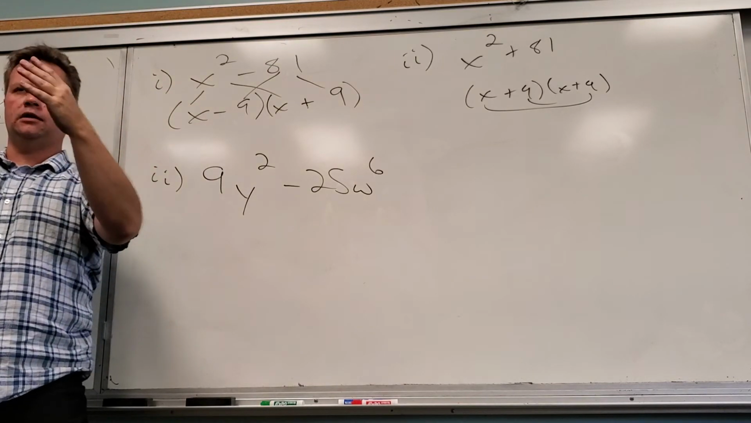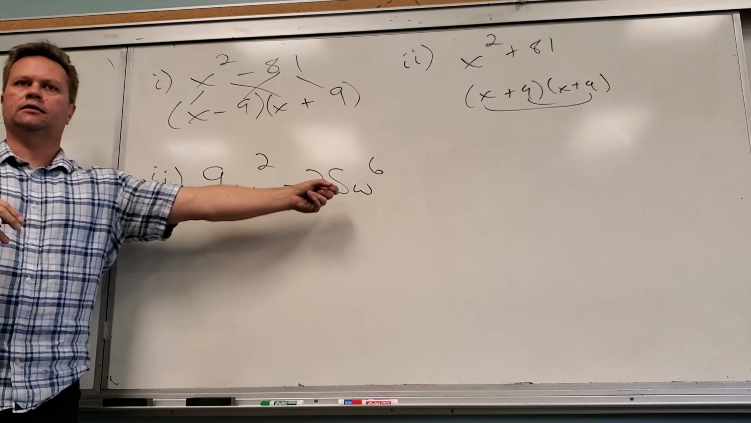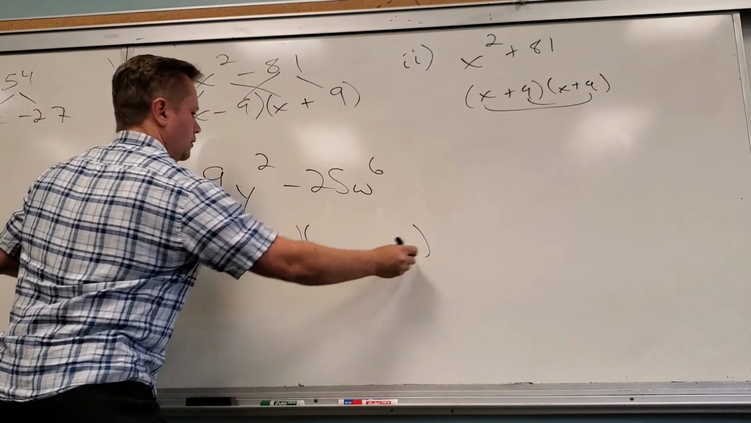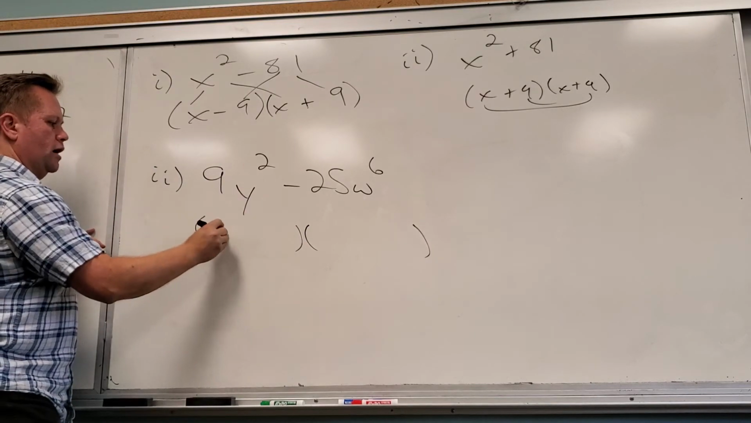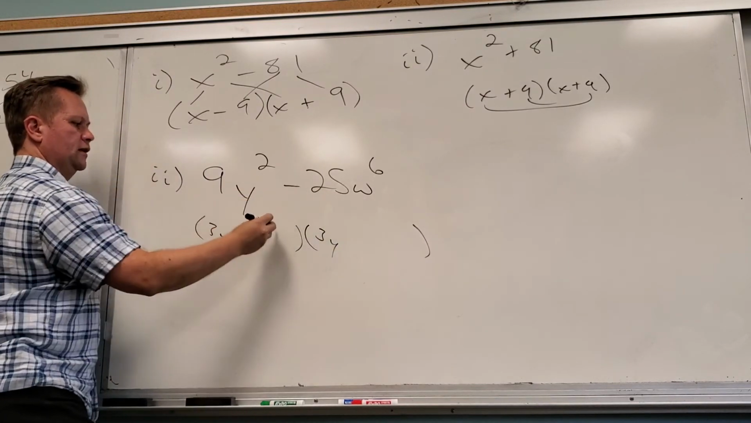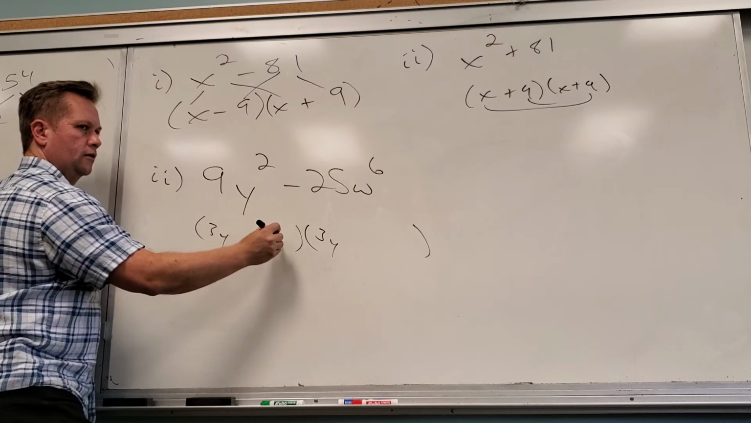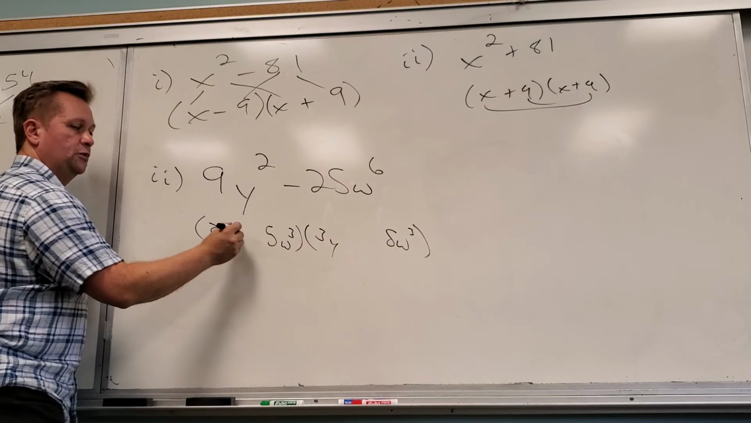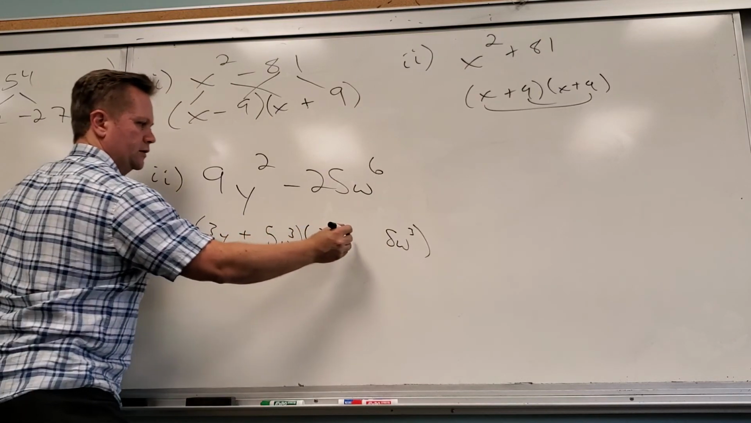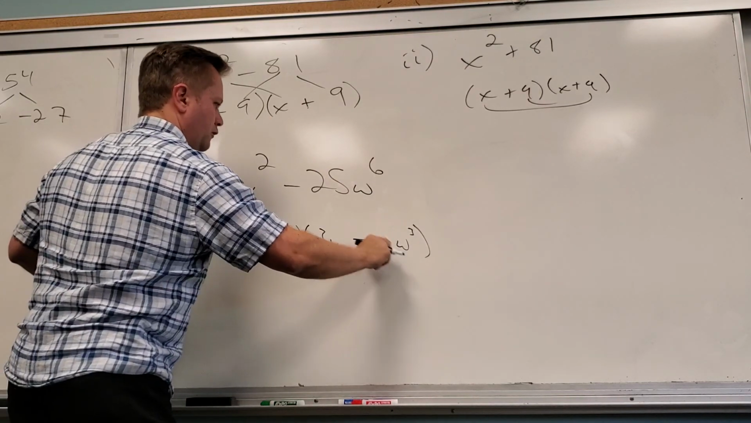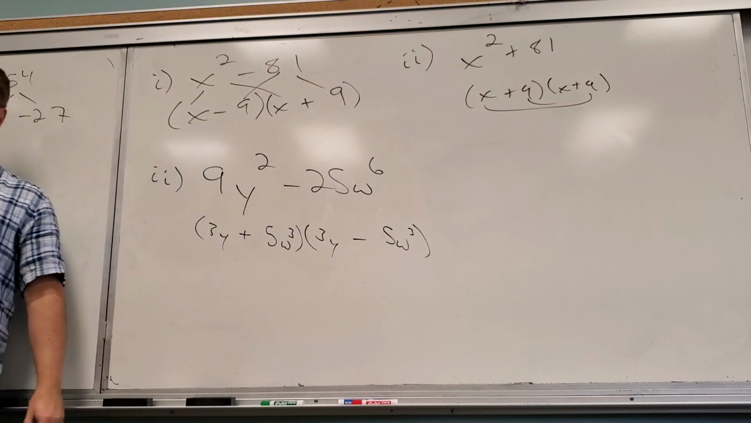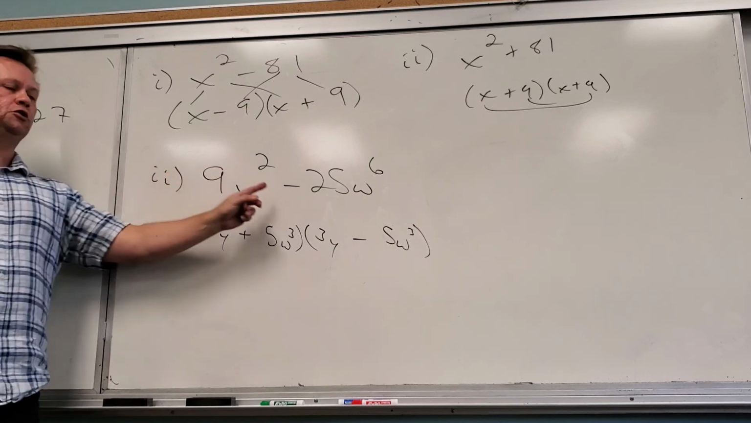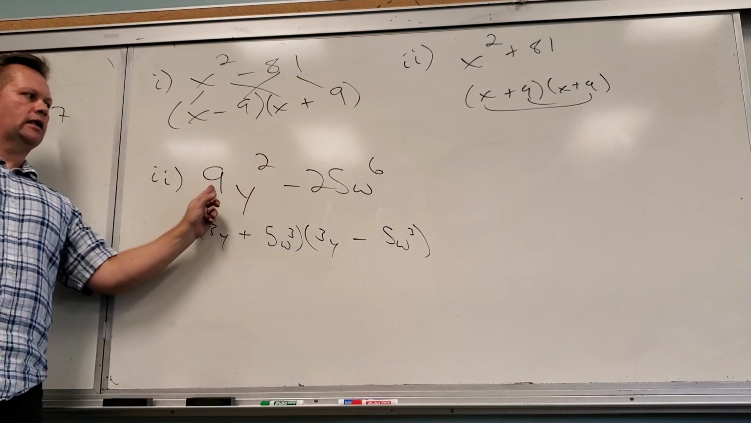But now I'm going to make it even better. Look at this disgusting thing. Again, nothing wrong. 9y squared is 3y, 3y. 25w to the 6th is 5w cubed, 5w cubed. And then I have to put a plus, minus. You got a 5 over there. Plus an S. That's a difference of squares. So if you identify it says it's got two terms, minus, I can cut everything in half,